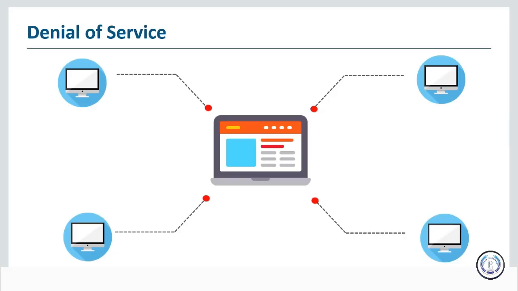Now, as I said, a denial of service is not to be confused with a distributed denial of service. And I know it's pretty trendy, particularly in the media, to call any denial of service a DDoS. Now, it's important to note that any denial of service is not a DDoS. A DDoS, or as you might know, a distributed denial of service, is a very specific thing.